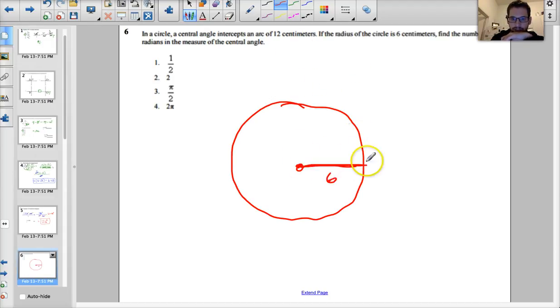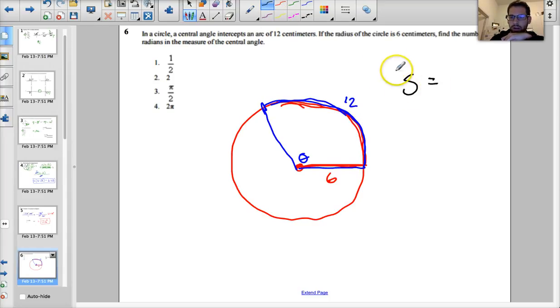So this is 6. My arc here on the outside, I'll do it in blue. My arc here is 12 long, and it's asking me the number of degrees in this angle right here. So I know that if the radius is 6 and I've got 12 inches around, this is going to be 2 radians. Or if I were to use the formula, I could say the length of the arc, or S,